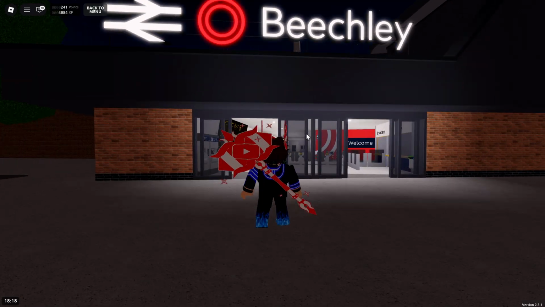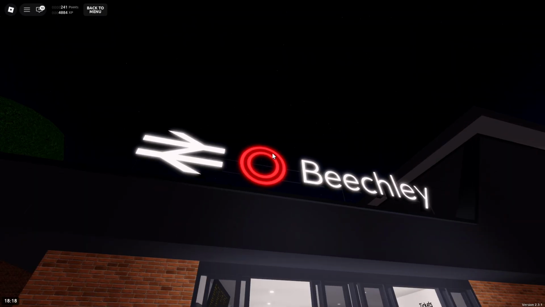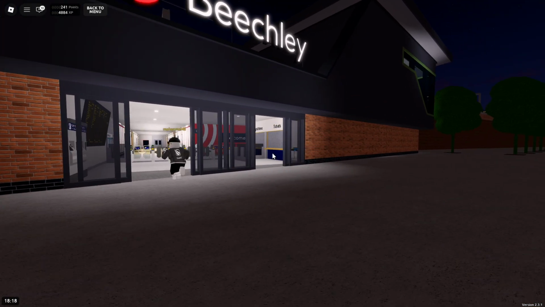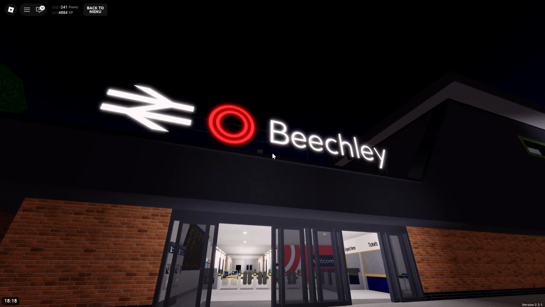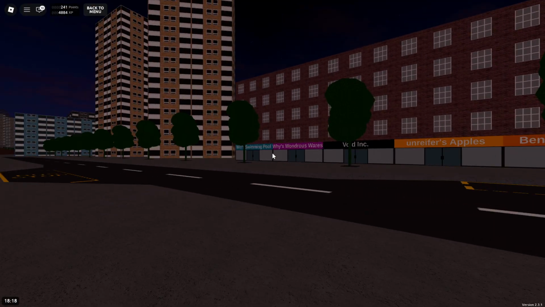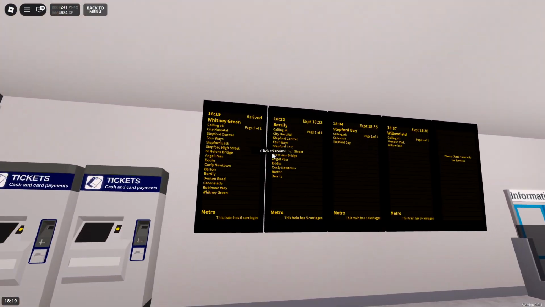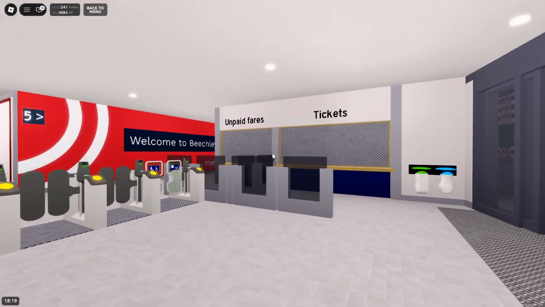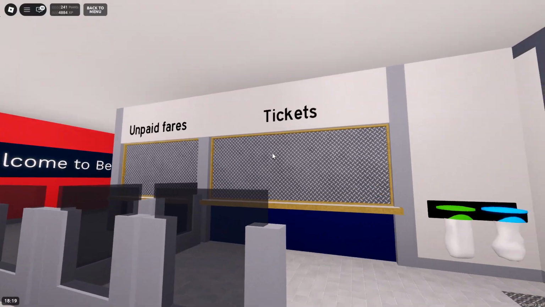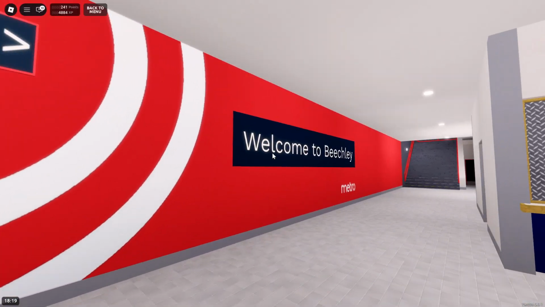And we've got a train coming in. So this is Beachley from the outside. Specific to Metro, by the way. Connect does, I'm pretty sure Connect does come here, but Beachley is looking very nice. We've got some cool scenery around the outside, pretty standard to this game, but as you guys come in, we have the destination board, the tickets, the booths that you would speak to to get the tickets, unpaid fares,